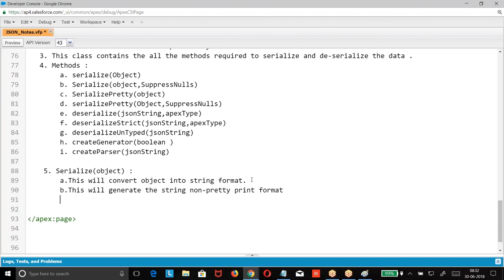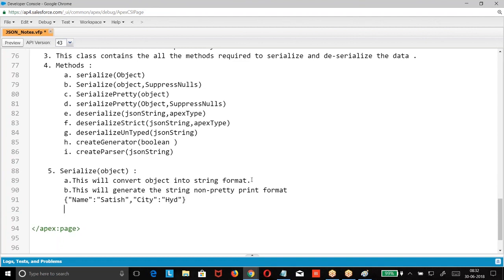What is this non-pretty print format? Look at this. This is a non-pretty print format. If the same thing is in pretty print format,